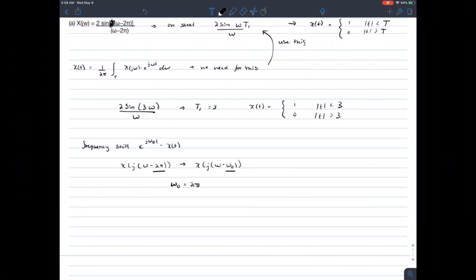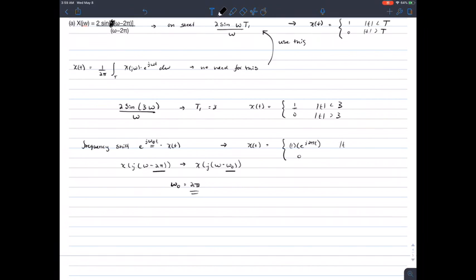So you're going to plug that 2 pi into this omega naught right here. So your new x of t, you're going to be multiplying your 1, which your x of t is right now, by your e j omega naught t. Okay? So it's going to be 1 times e j 2 pi t,